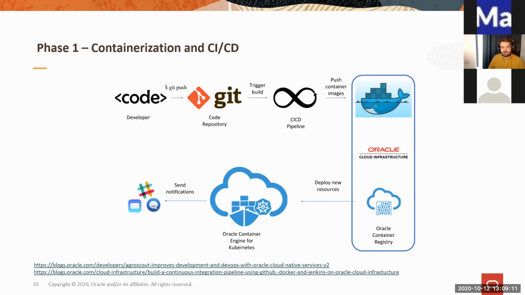If you have your code available, the first thing would be to try to put the code manually in a Docker container. And in our reference app, I'm going to show you we have that. We have the Docker files showing you, for example, how you can build your containers. That's phase number 1. Moving on to phase number 2.